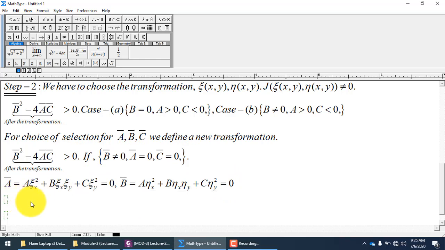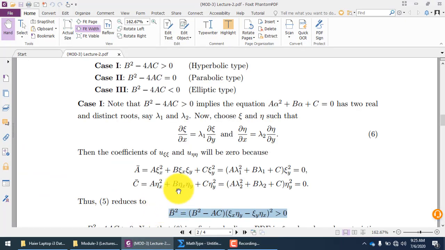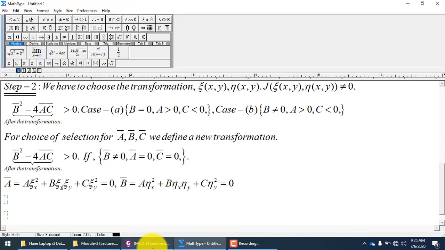But if A bar equal to 0 or B bar equal to 0, you can take any one so that you can actually form the calculations. If A bar equal to 0, what happens? This is more important. So there is xi x, xi x, xi y and xi y. You can take any one of them, but they are in some sense homogeneous, or you can say similar as well. Why homogeneous? Because you have xi x square, xi x xi y and xi y square. You can say that if xi x is equal to some quantity, then it will be quadratic as well.